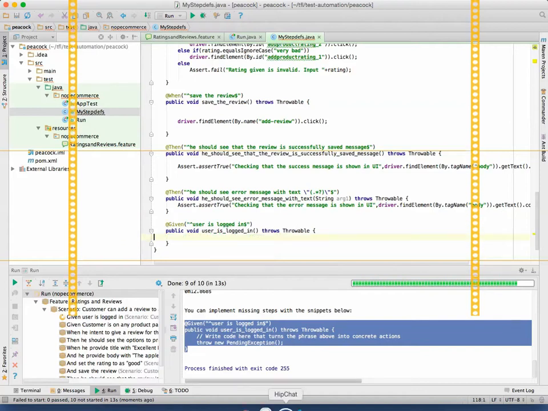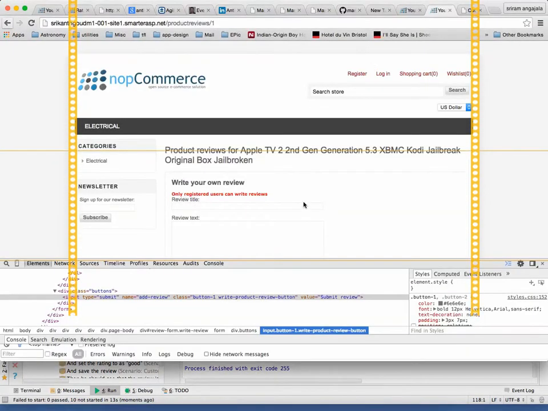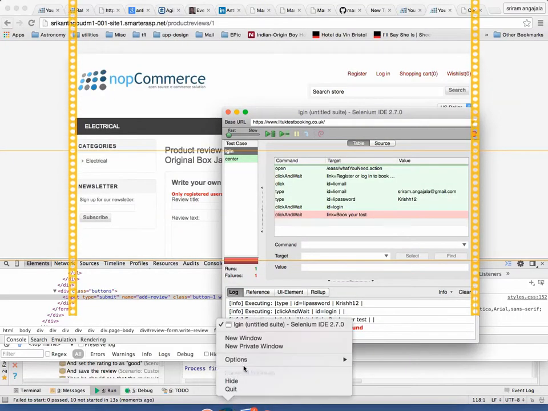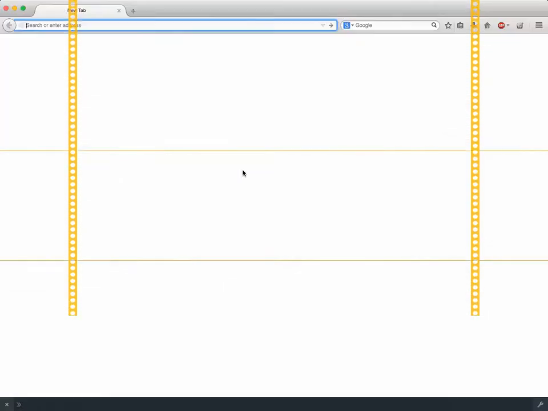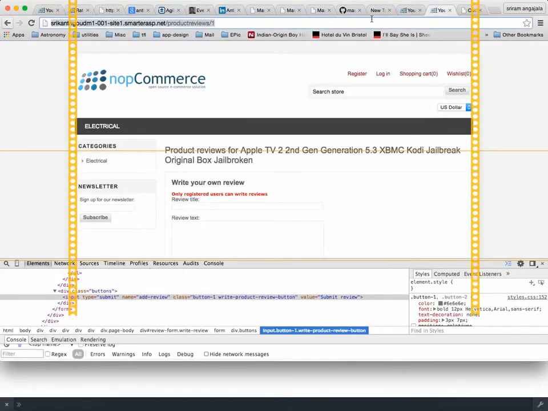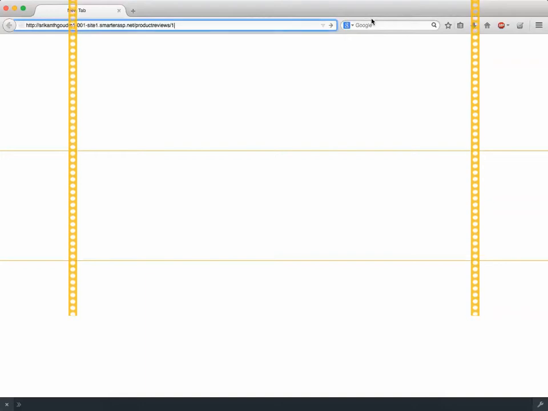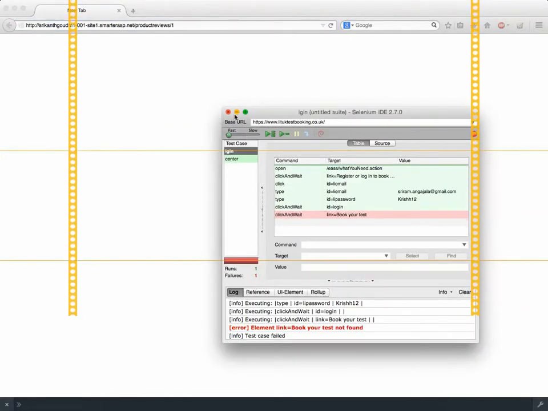Okay, so I'm just implementing this. So user is logged in. Okay, so what I will do is, I'm a lazy man, right? So if I'm a lazy man, what will I do? Who is my friend?